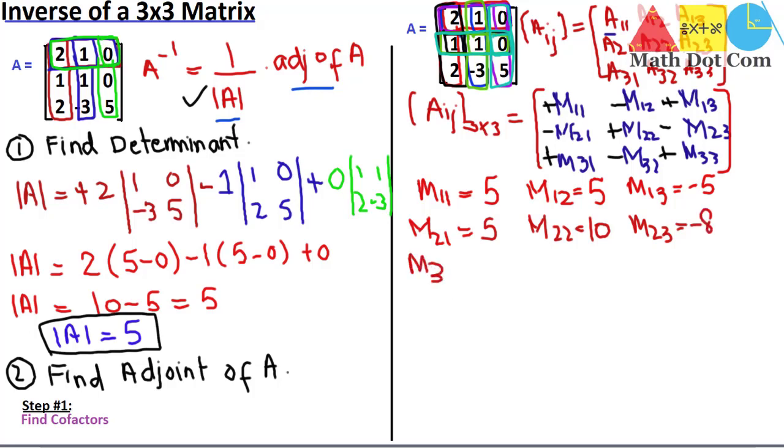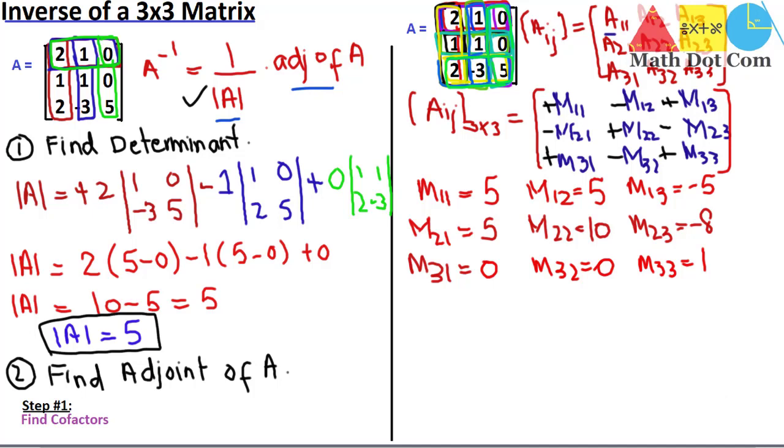Then M31 equals the minor of this element, so delete this row and this column and find the determinant, and it will be equal to 0. Then we have M32, the minor of this element, so delete this row and this column, and what we will get is again 0, as we have zeros in both diagonals, so M32 is equal to 0. Then we are left with the last one, M33. M33 is equal to 5. What we have to do is delete the row and column of this element, and we will get 2 minus 1, that is equal to 1.